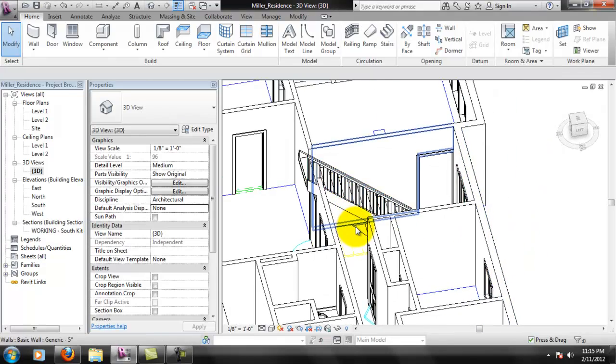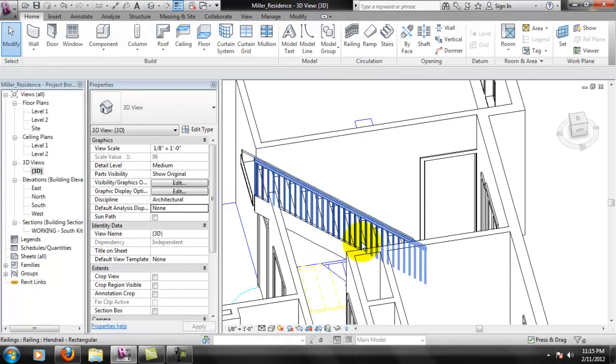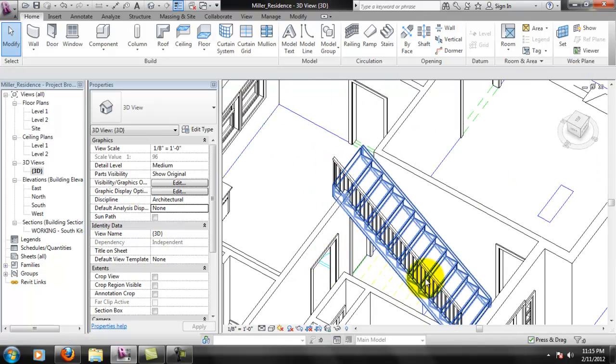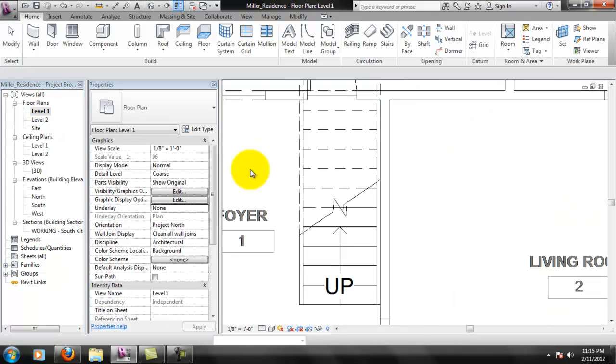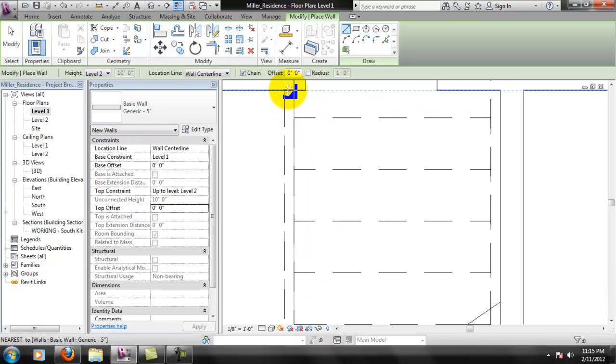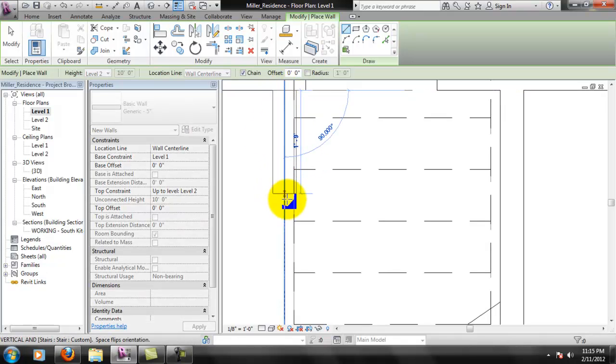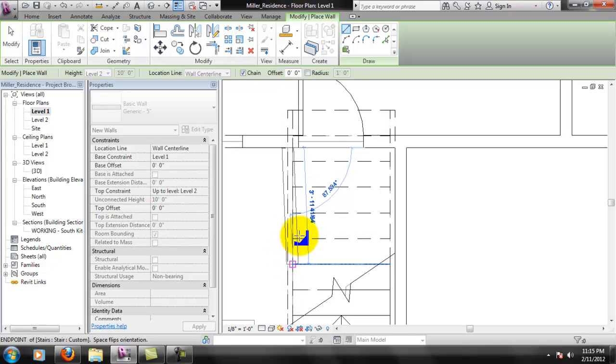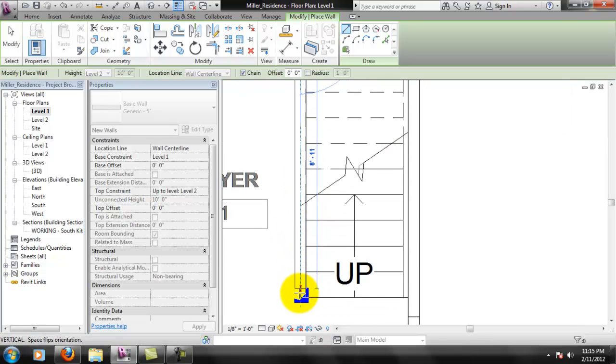One other thing that we need to add here is this stairway is actually not open underneath, obviously, or you would fall down the other steps. So we need to add a wall here. So I'm going to go to my plan view, select a wall, 5-inch wall will work. Down to here,